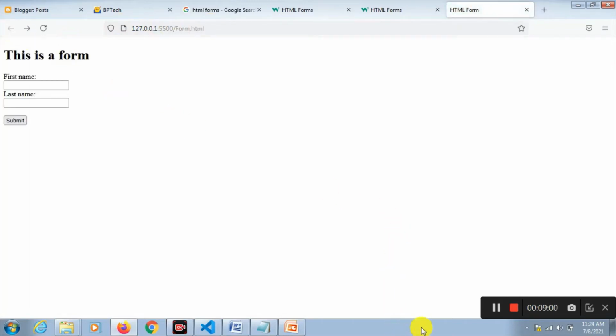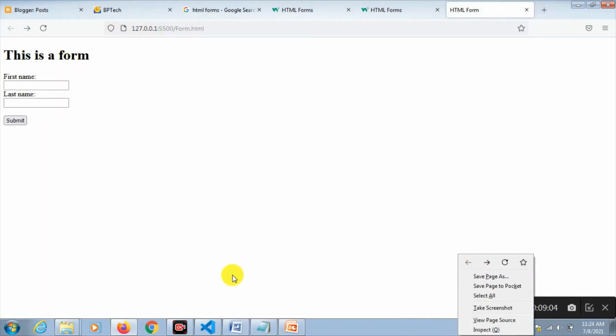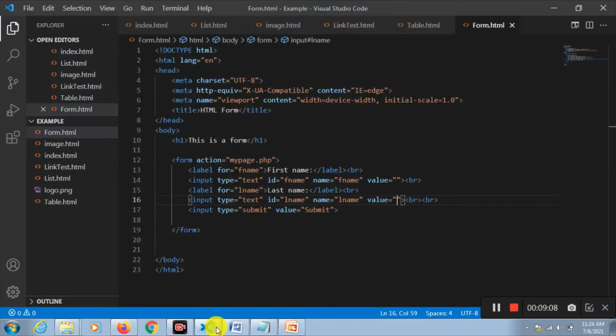Because in our code we have given it here like this: mypage.php, which is not there right now. Then we can use a password field. Let's copy it.